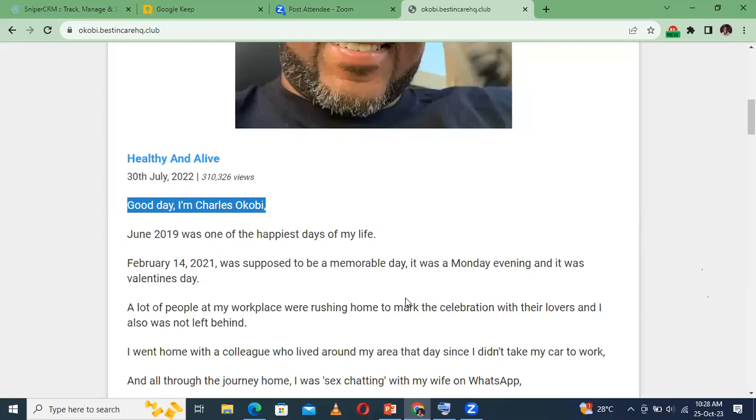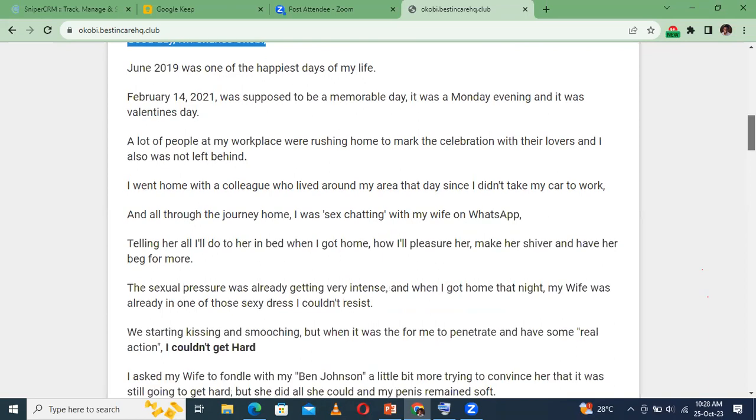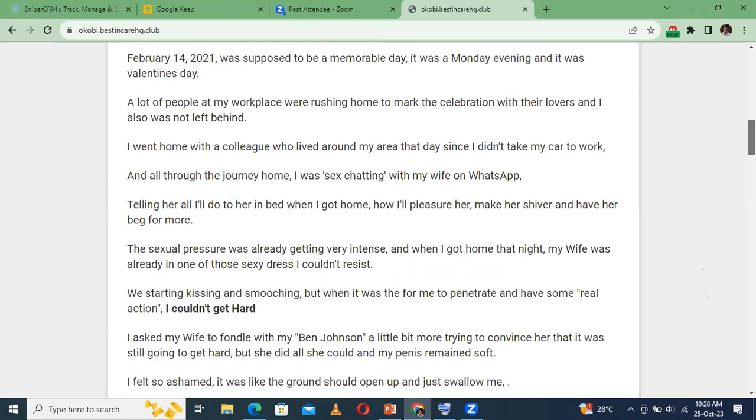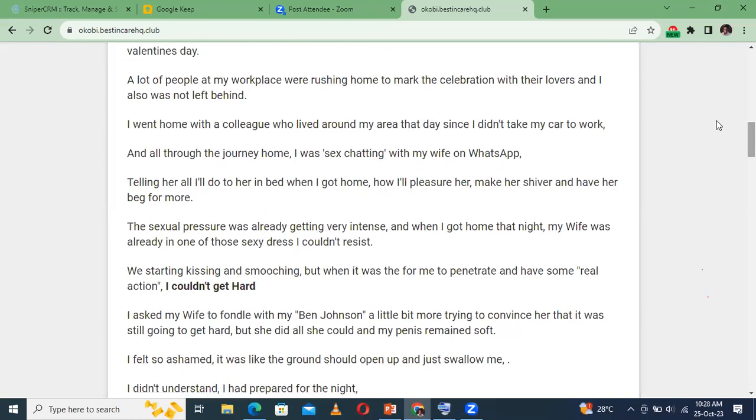A lot of people at my workplace were rushing home to mark the celebration with their lovers, and I was also not left behind. I went home with a colleague who lived around my area that day, since I didn't take my car to work. All through the journey home, I was sex chatting with my wife on WhatsApp, telling her all